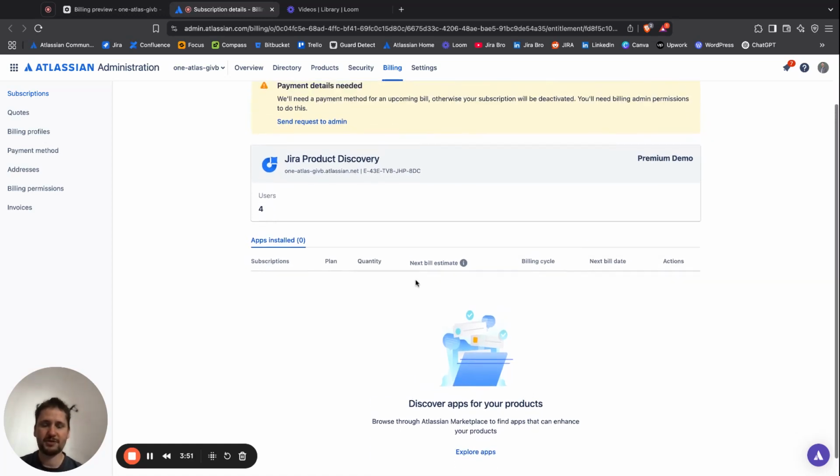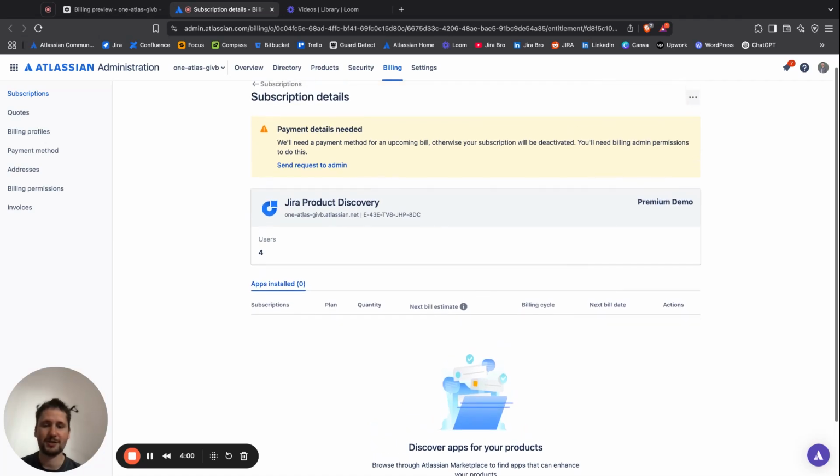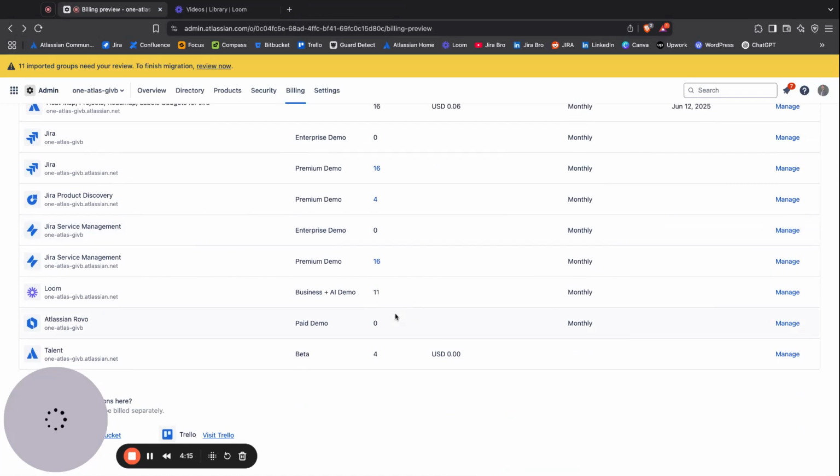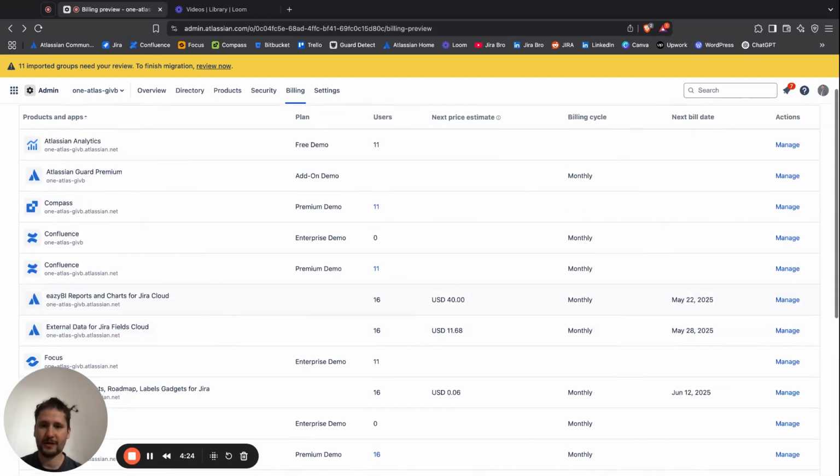It's saying here that we have 4 users in here. What are the subscriptions and what is the next bill estimate? I don't have any apps in here. And another thing I can do is, for example, manage customer contacts. Now, if I go back here and look for the other ones where I do have some apps in here,